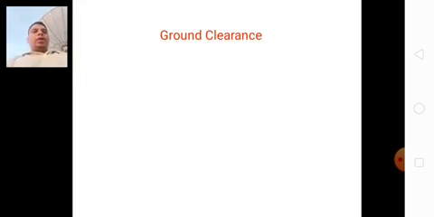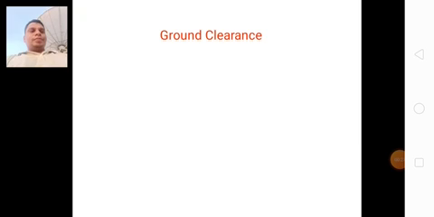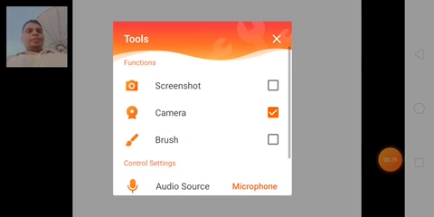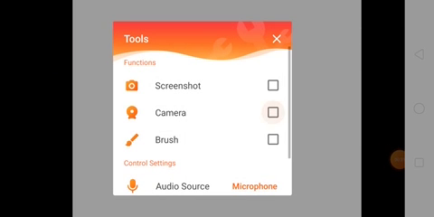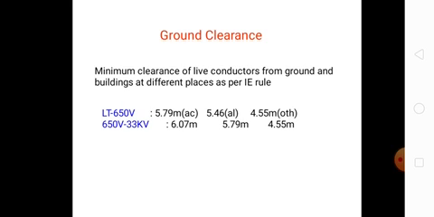Line structures and ground clearance. Ground clearance: the minimum clearance of live conductors from ground and buildings at different places as per IE rules. Let us see the ground clearance for different voltages, starting with the low tension line, that is less than 650 volts,